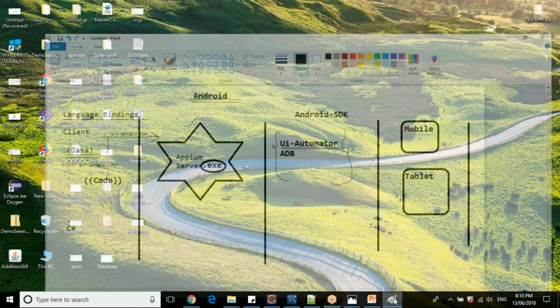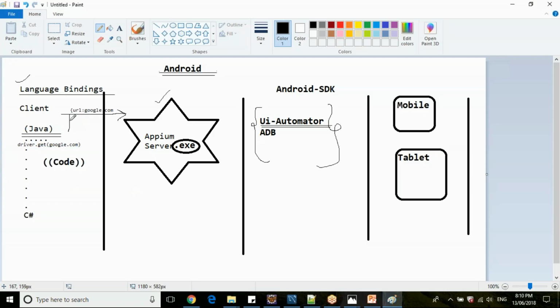Now, if you see the Appium architecture, this code is converted into JSON via protocol and sent to the Appium server. The Appium server starts listening to the client communication and the client code. What this Appium server's job is, is to take this JSON via protocol and communicate with UI Automator. So this Appium server will not have direct capability to interact with this mobile device, guys. Just remember this. This Appium driver will not have capability to interact with these mobiles and with these tablets.